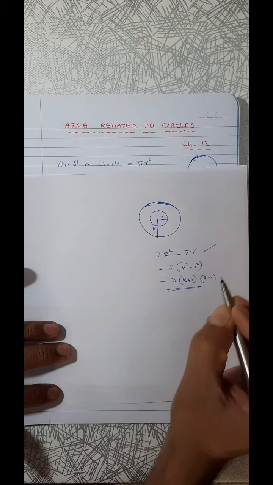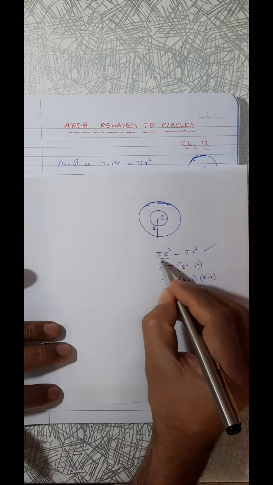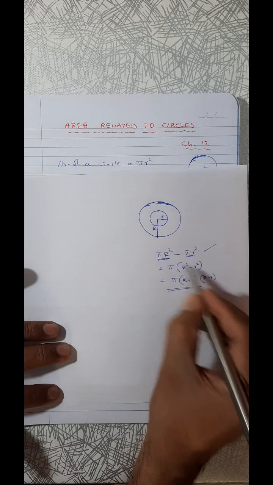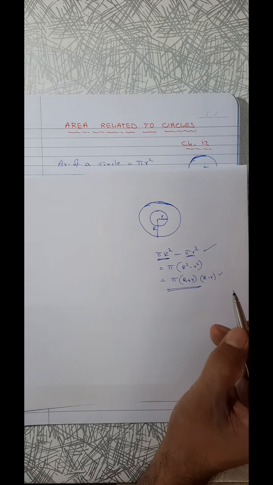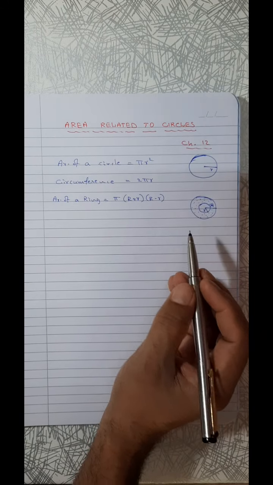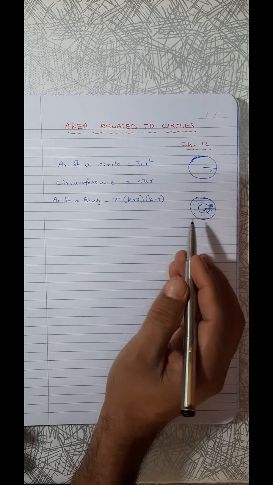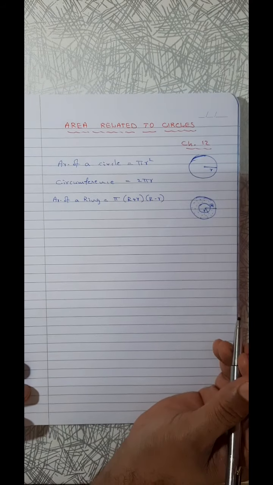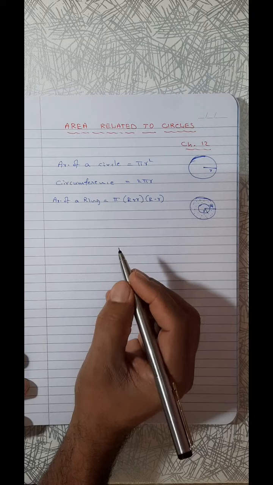Instead of doing this extra work, pi R square minus pi r square, where we have to do the calculation with pi two times and then subtraction, the best way is pi into R plus r into R minus r. So we learn it by heart in this way. You might have studied it already in lower class. If you are not remembering, I am just explaining it. Area of a ring equals pi into R plus r into R minus r. Okay. After this, now we will think about area of a sector.